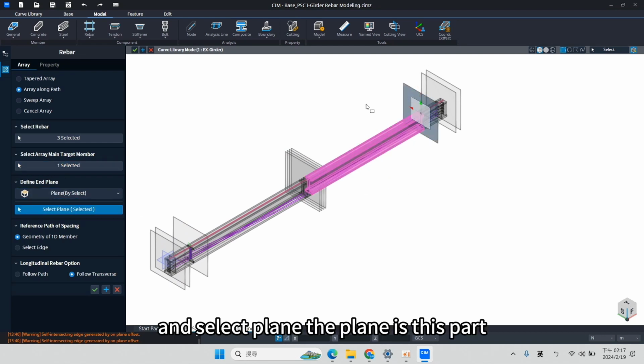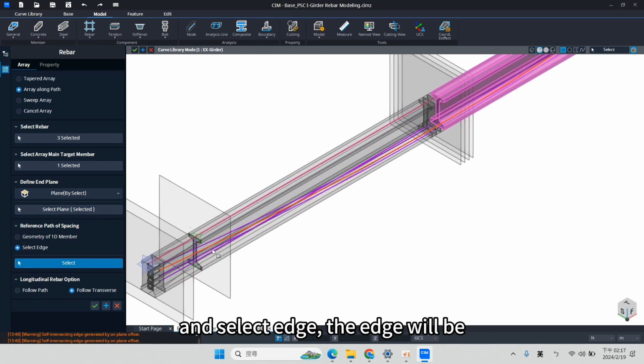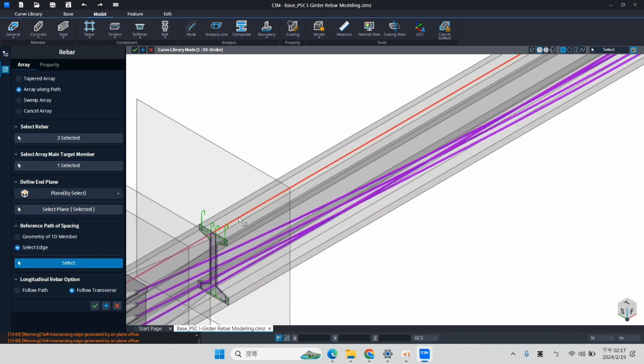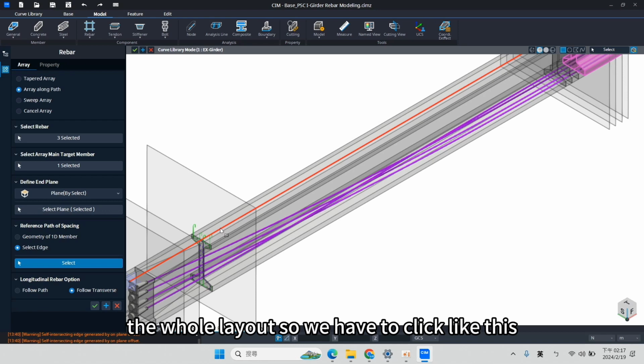The plane is this part, and select edge. The edge will be this part. So you have to click the whole member, the whole layout.